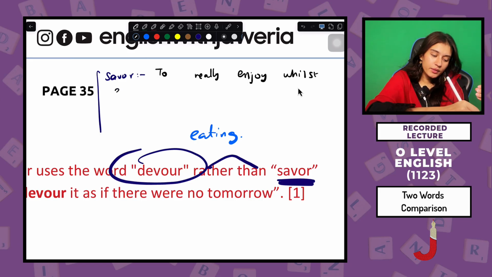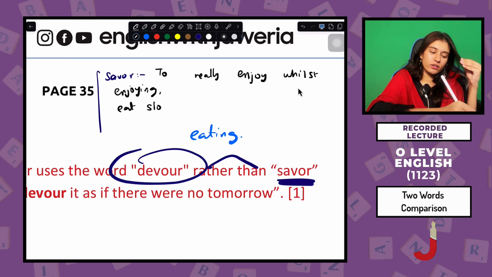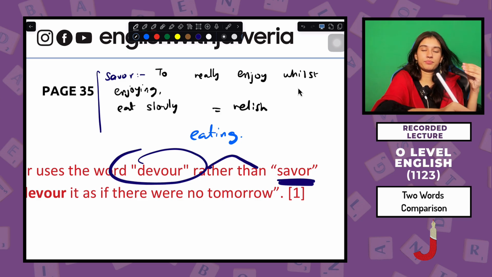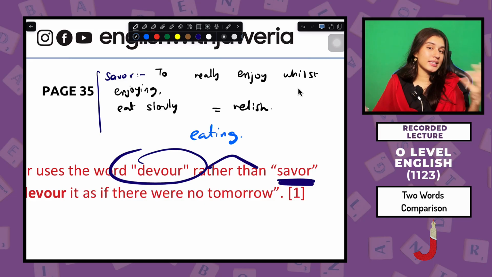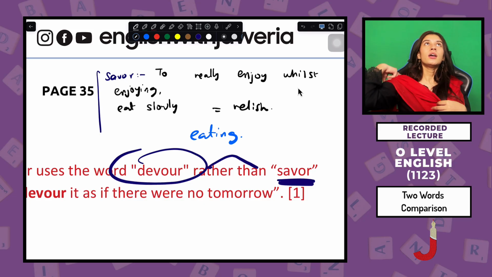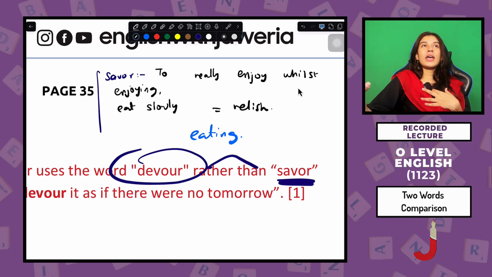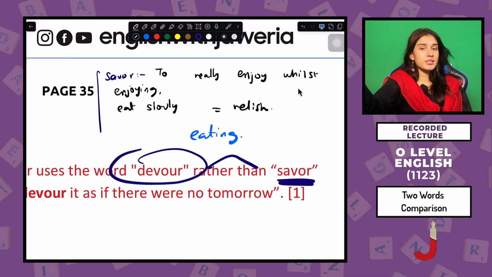And how do you enjoy? You save it. You eat it slowly. That is also literally called to relish something. Relish also means to savor something. For example, you get your favorite chocolate. Like for example, my favorite chocolate is Ferrero Rocher, or let's say it's Toblerone. Maybe I get it after 1 month, I couldn't buy it in a normal circumstance. So I was waiting, and then I finally bought the chocolate, or maybe a relative abroad brought the chocolate for me, and then I eat it.